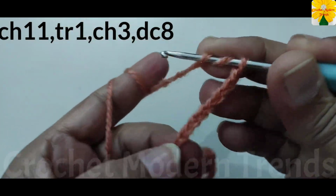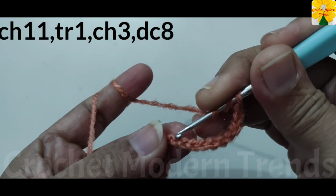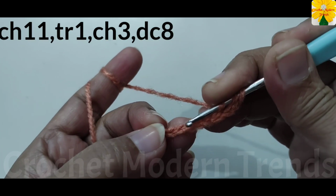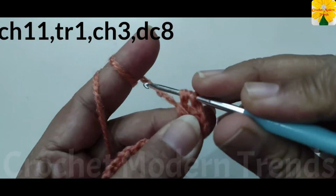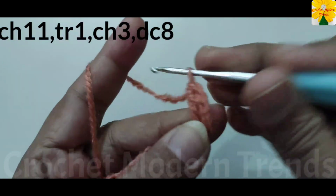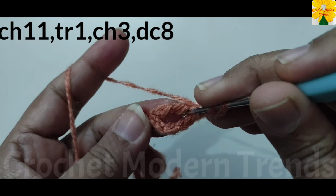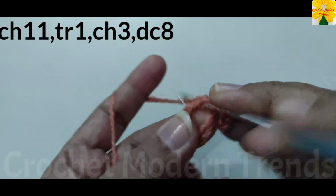Wrap the yarn 2 times on the hook, skip 6 chains, 1, 2, 3, 4, 5, into the 6th stitch. We have to do 1 treble crochet, chain 1, 2, 3. Into this gap on the top of this treble we have to do 8 double crochet, 1,